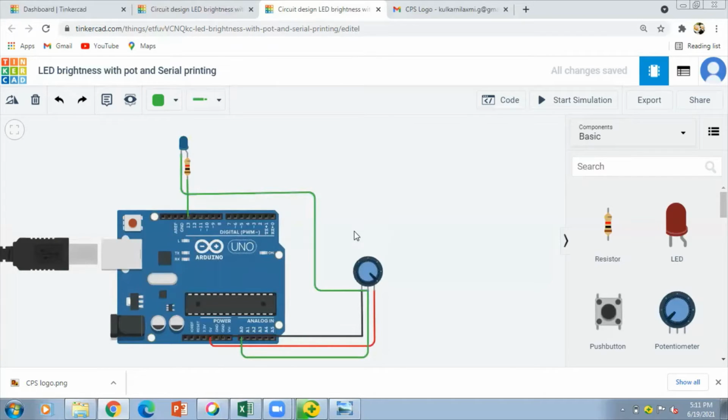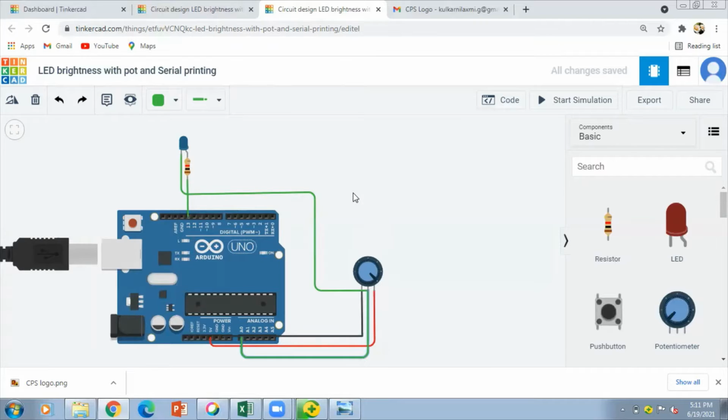Now as we change the resistance of this potentiometer by varying this knob, by moving this wiper, the brightness of this LED should vary. But how can we measure the value of this potentiometer? For that, we have connected this wiper again to one of the analog pins, where we will get the value of this potentiometer in analog form.